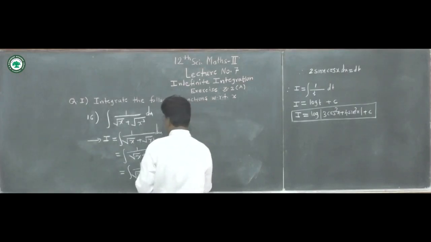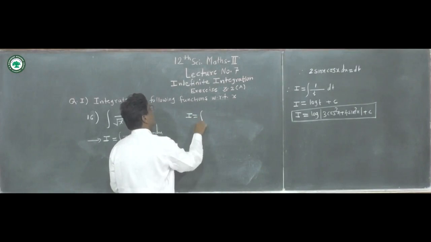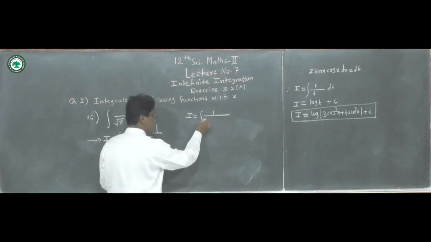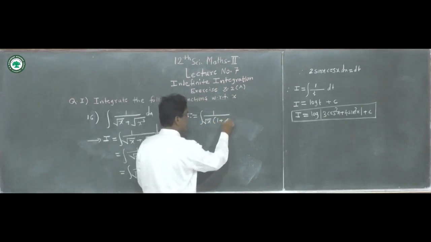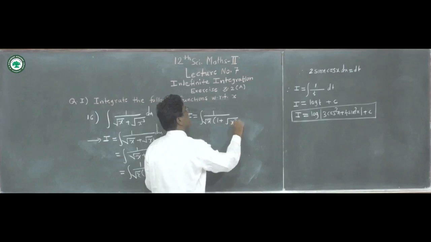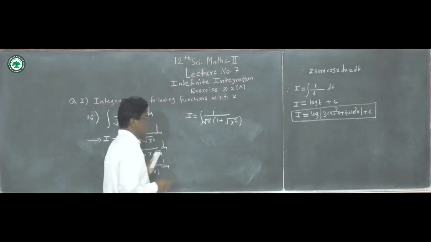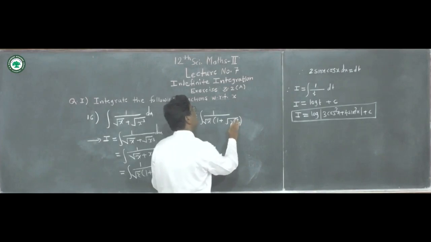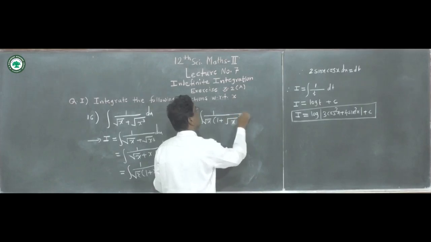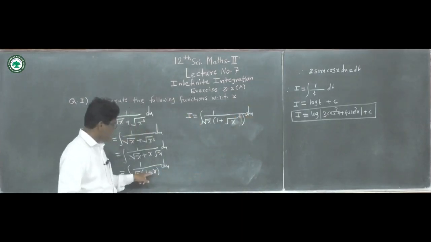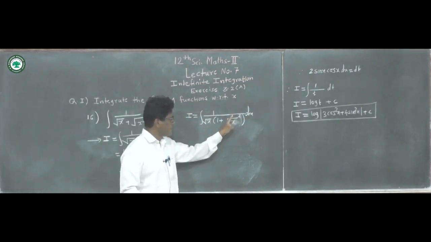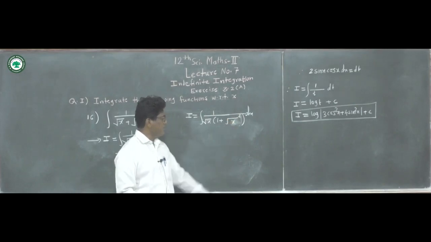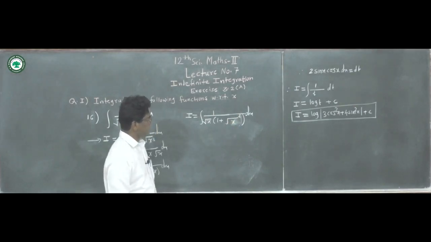So the required integral I is equal to the integration of 1 upon root x times (1 plus ...), where we write this x as root of x square. Here the root and square get cancelled to each other, and therefore